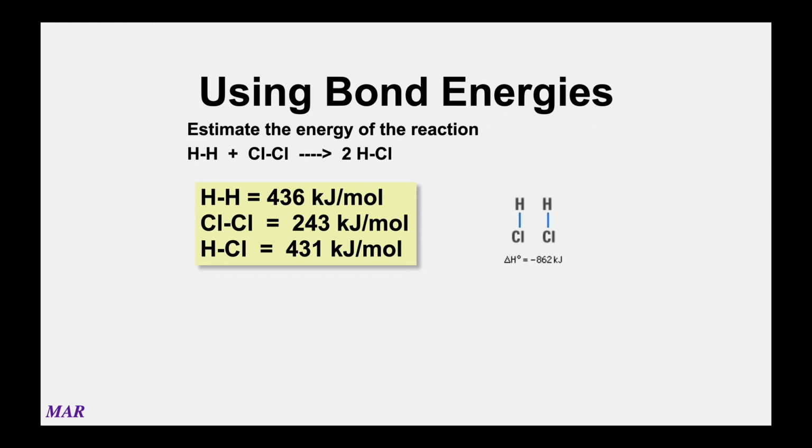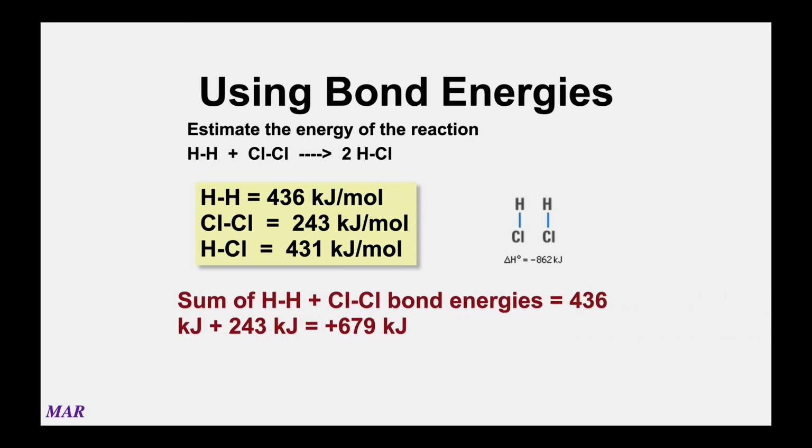So the video there just said that it's exothermic. Exothermic means the delta H value will be negative. A positive delta H would be endothermic, meaning energy has to be given in. But let's confirm that it really is an exothermic reaction. Again, it's bonds broken minus bonds formed. If you add up the bonds you're breaking, H-H and Cl-Cl, that comes out to be 679